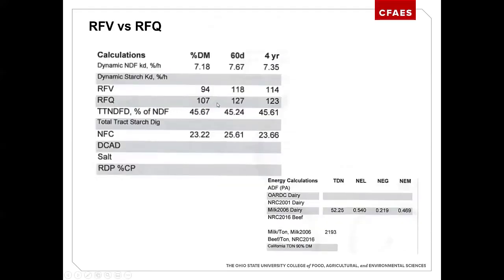Nice thing about this lab is they give you the RFV and RFQ. And there you can see that in this sample, the RFQ is a little bit lower than the RFV. But then they also have a 60-day running average and a 4-year running average, just so you can see where you're at. How they calculate that is dependent on what you would ask for, whether you're wanting some dairy recommendations,